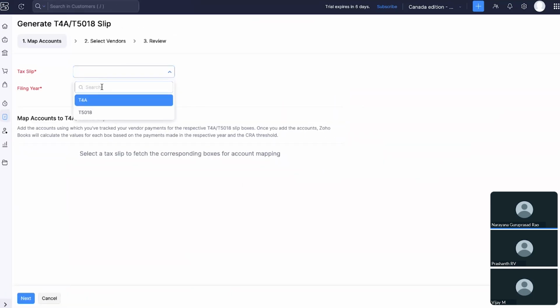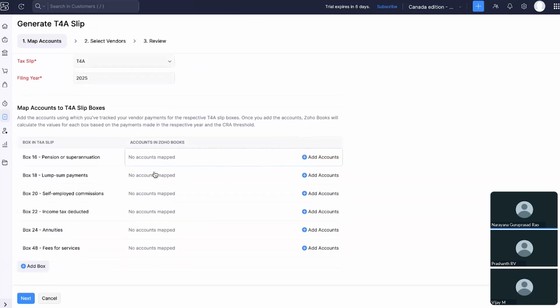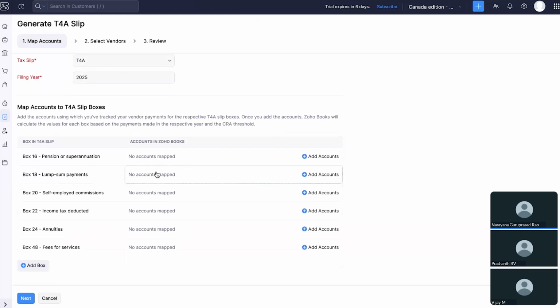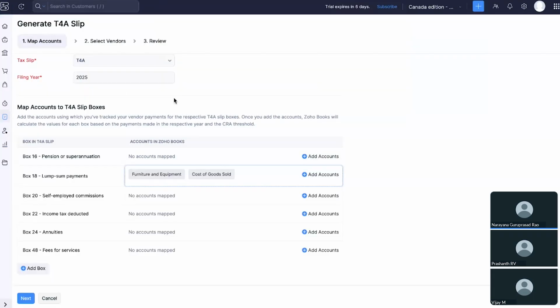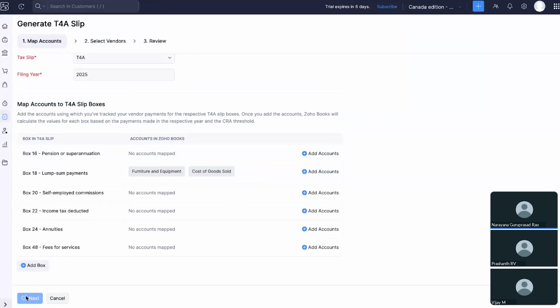So in the tax slip, you can choose the type of tax slip. You can choose the filing year. And once done, you will be listed with all the boxes. So you can map the account with each and every box listed here. And once you save it, you will be able to proceed with